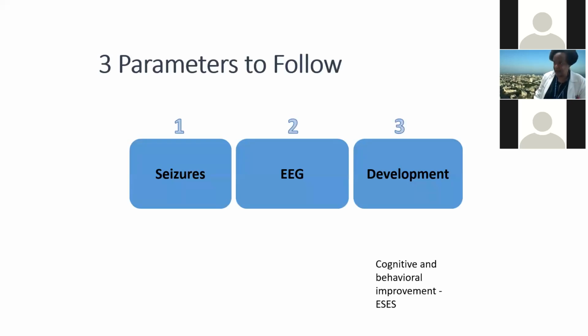Now, the next thing is, what is treatment response? Okay, how are we going to evaluate that these new treatments are working, right? If the patient has seizures, we have the EEG, which, along with the seizures, helps with the electroclinical syndrome, and then we have the development, right? So for seizures, we want 0 seizures. We don't want any patient having any spasms. We are typically happy with a reduction of seizures for patients who have Lennox-Gastaut, but again, the goal will be to try to eliminate all the seizures.